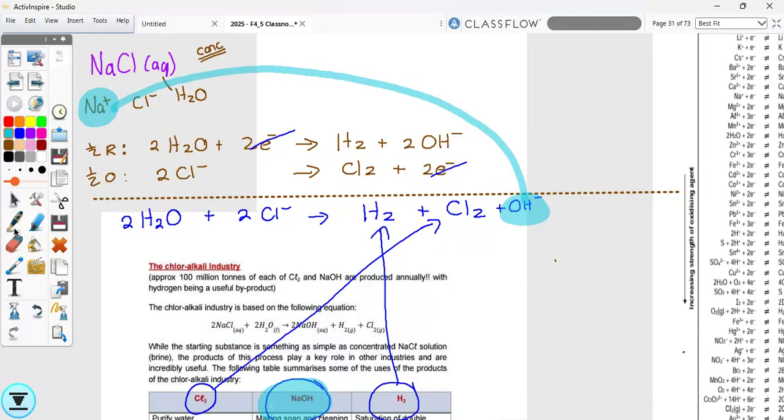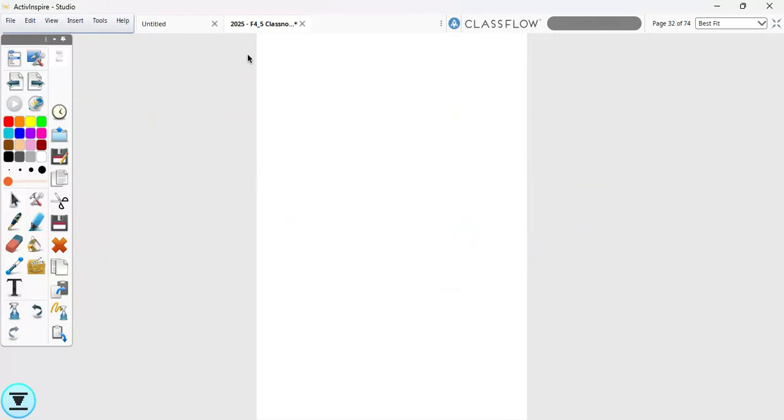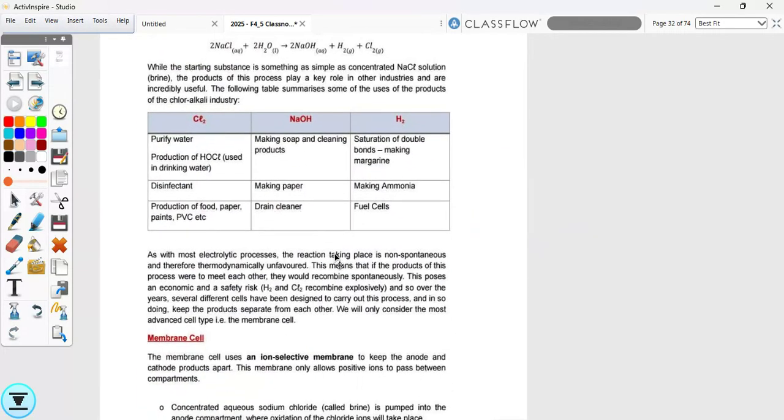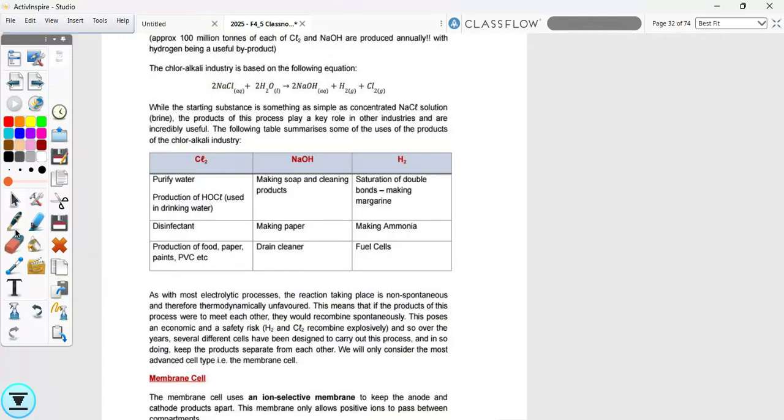So the chloroalkali industry, which is a very important industry in the world and produces chlorine gas, ammonia, sodium hydroxide and hydrogen gas, is based on this reaction. And you can see it's just an application of electrolysis. Now, in the old syllabus, you had to learn 3 of these different cells for the chloroalkali industry. Before I go there,